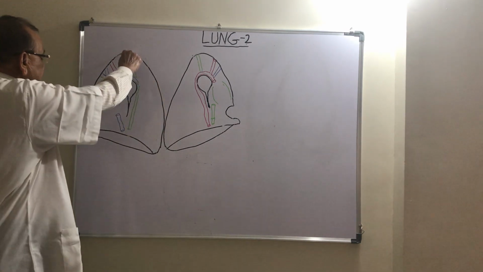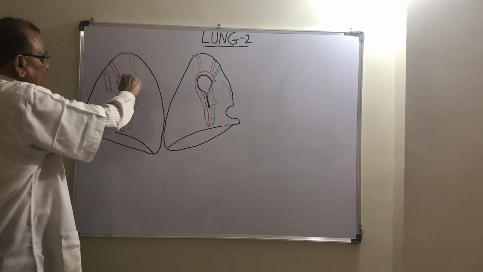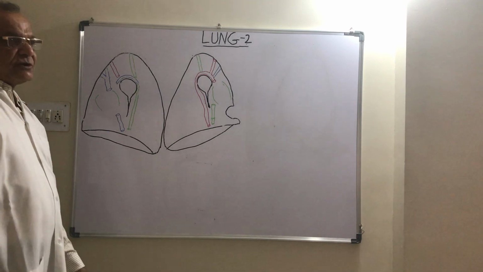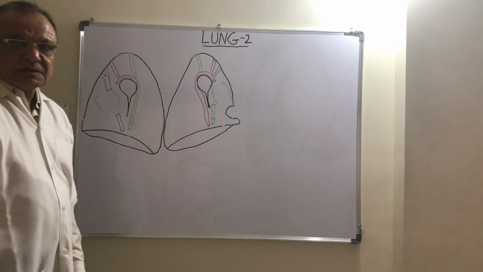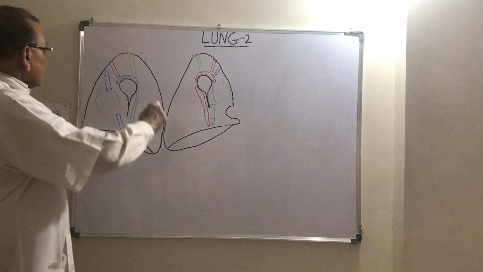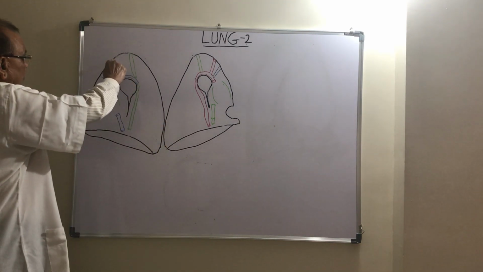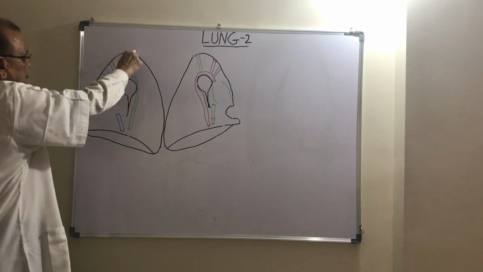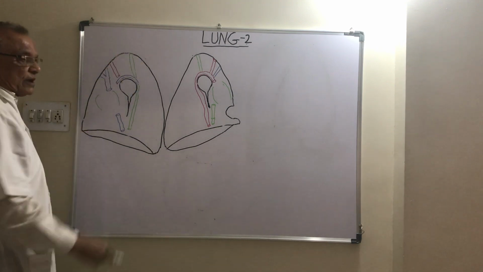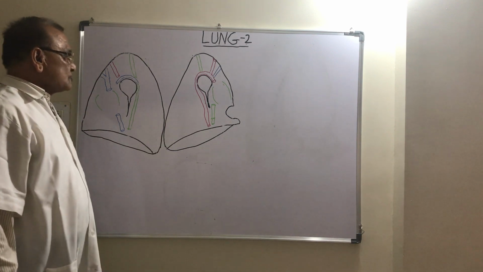Now from apex to the arch groove, the mediastinal area is related to the right margin of esophagus, but the esophagus is not producing a groove here. Now between the subclavian groove and esophageal area, this area is related to trachea and right vagus nerve.